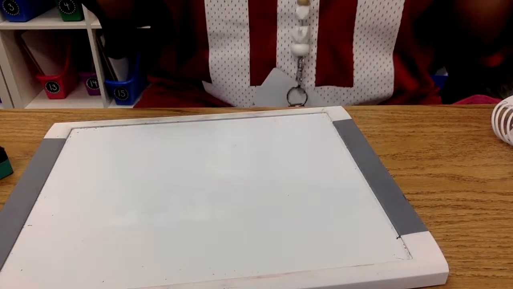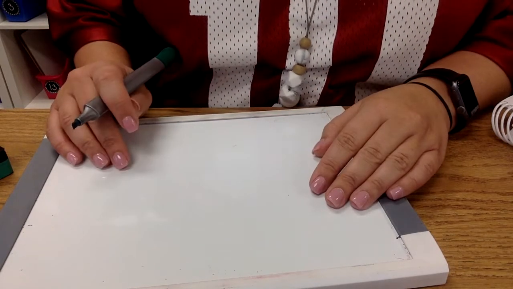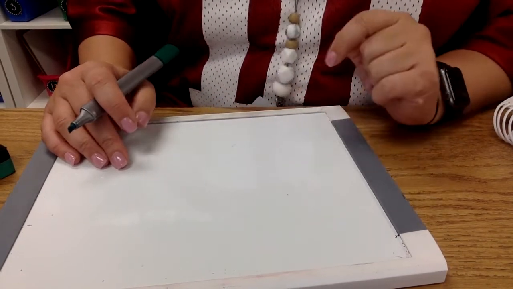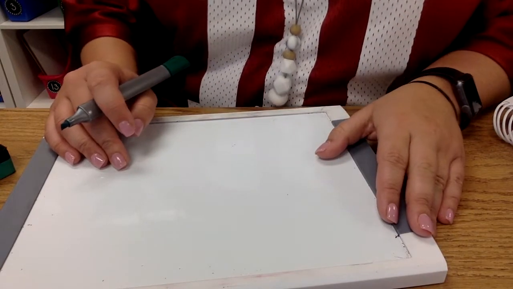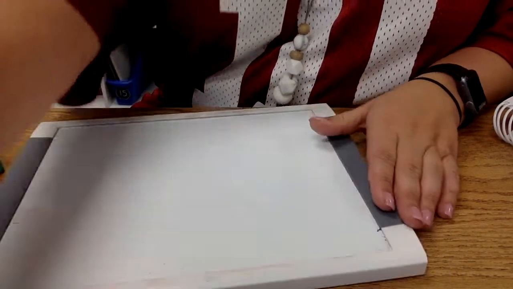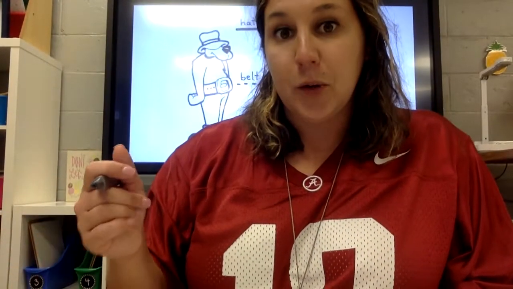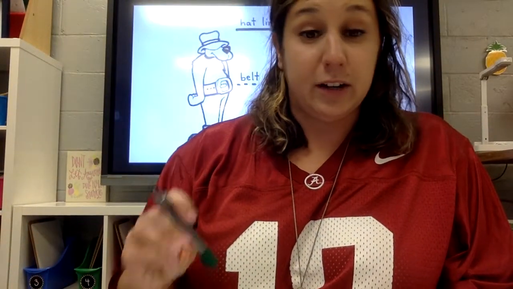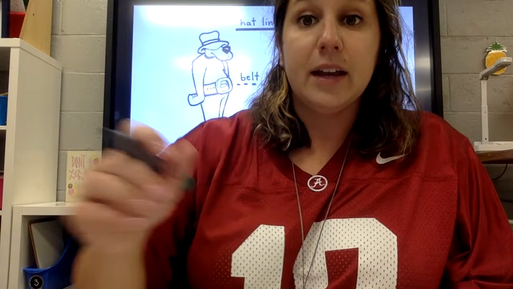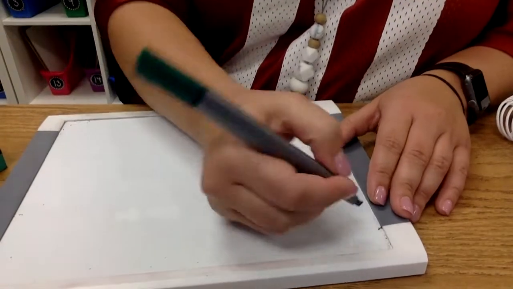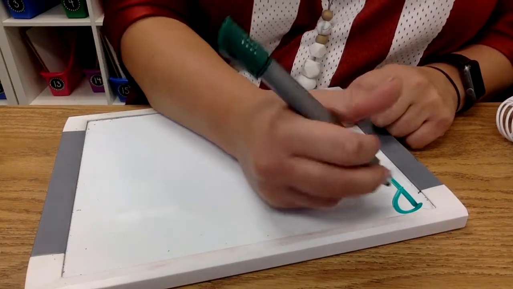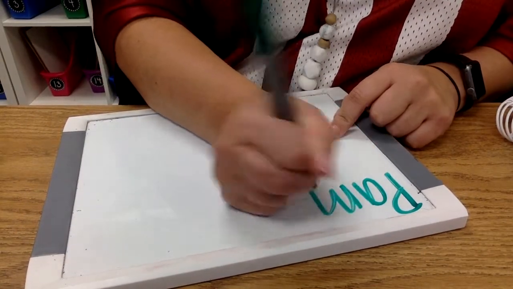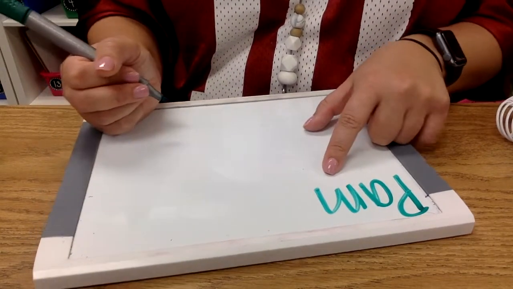All right, the first word is Pam. All right? The first sound you hear in Pam is P. So that should be a P. Should a P be uppercase or lowercase if it is the first letter in our sentence? It should be uppercase. So let's put an uppercase P. Okay? And then am, we know, is an M. So Pam